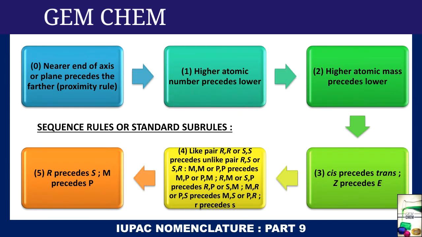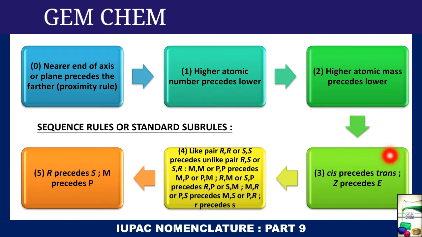The substituents having atoms with the highest atomic number continue in the priority series. Next, only if this rule is not decisive do you go to the next one, that is, higher atomic mass precedes the lower. Then we have to consider the atomic mass. And only if that one is not decisive, we go to the next one. So for each atom we have to do this, then go to the next and continue. I think it is a little bit complex, but when we go to examples, it will be easily understood. So continue with this video.